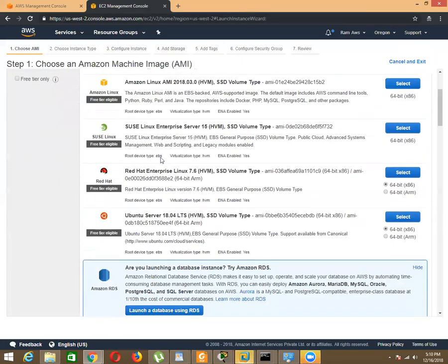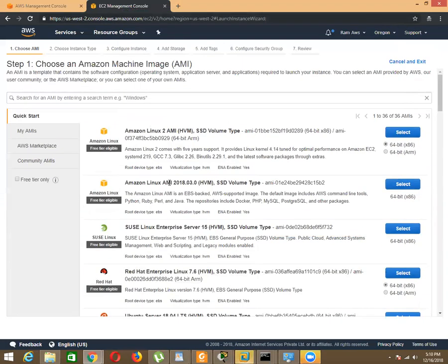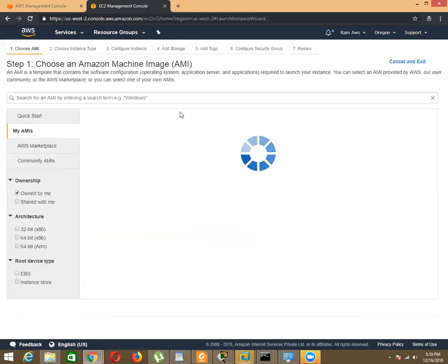Okay, and you can see we have all the images provided by AWS itself here. And we have three types of images. One is the images AWS provides you here, and the second is called My AMI. So what are the